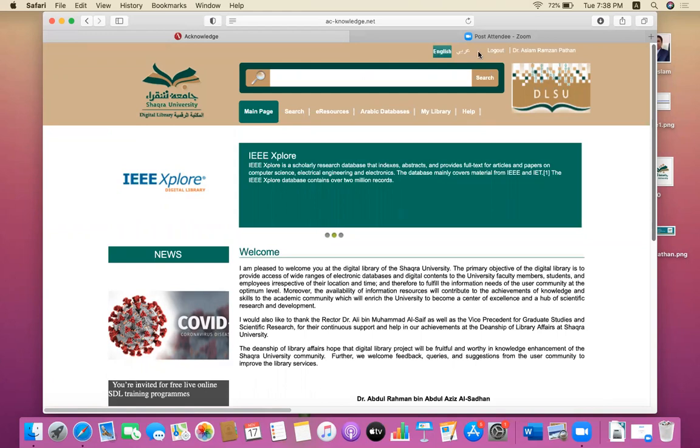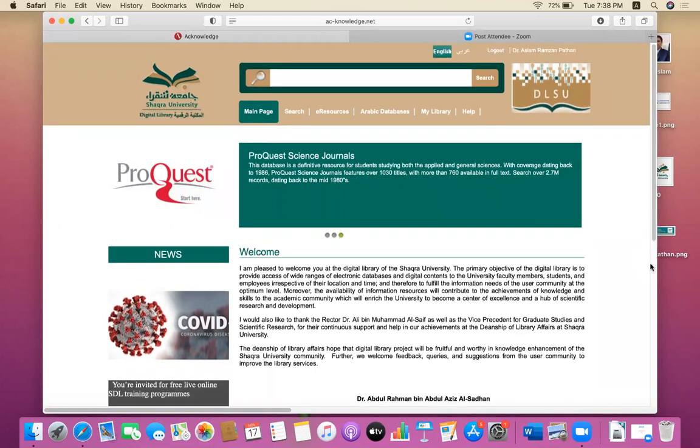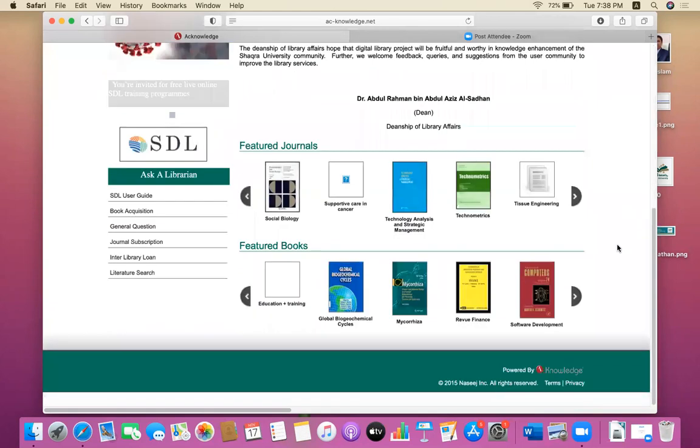If you log in, your name will appear in the upper right hand corner of the main page. On the main page you can find on the left hand side the SDL.